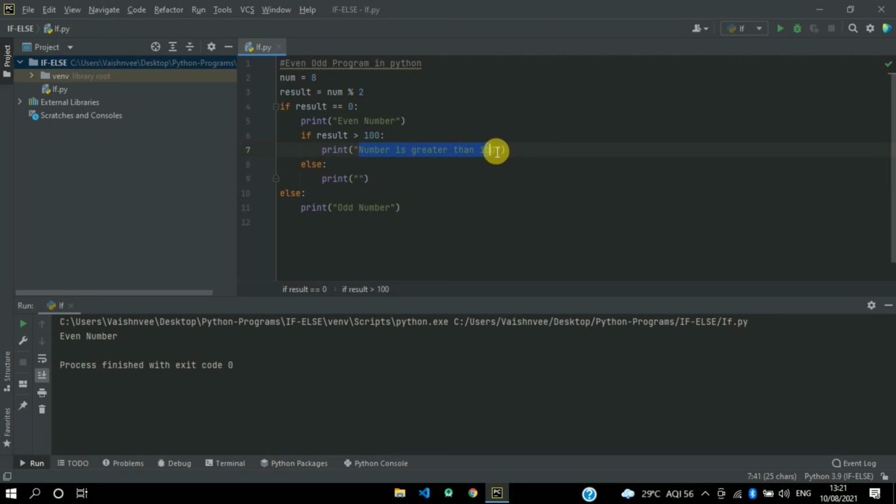So I'm just copying this statement. Here I will write a number less than 100, and I will change this value to 180. So we are going to see whether that particular number is even or odd, and whether it is greater than 100 or not. So we can see here 180 is an even number, and it is